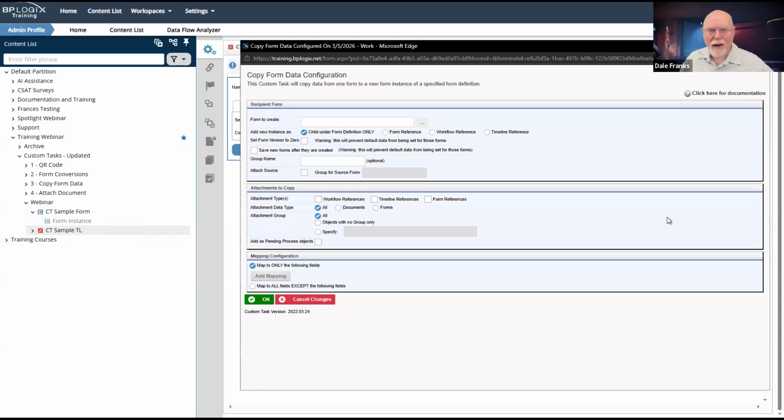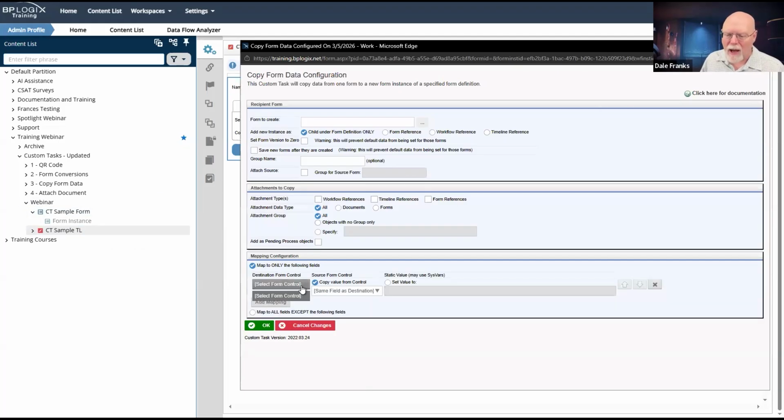Great. Now that I have it, then in the sub process as my very first activity, I can call copy form data, and I can set the parent form as my container form. And then whatever my child form is, I can go in here and do the add mapping to map the data on the child form to the data on the source form. I would generally do that in that way.